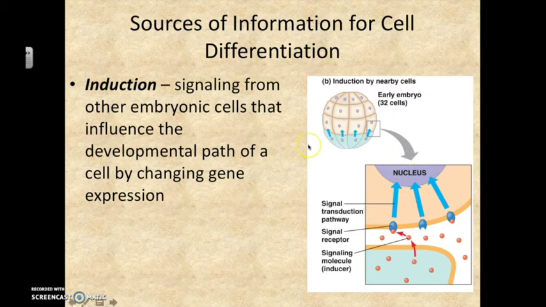So based on the position, or maybe based on the cytoplasmic determinants that are in some of these embryonic cells, it causes them to produce signaling molecules, which are known as inducers, that are released and will influence other cells in the embryo. So those signal molecules bind to receptors that lead to a signal transduction pathway that ultimately changes gene expression in the recipient cell,